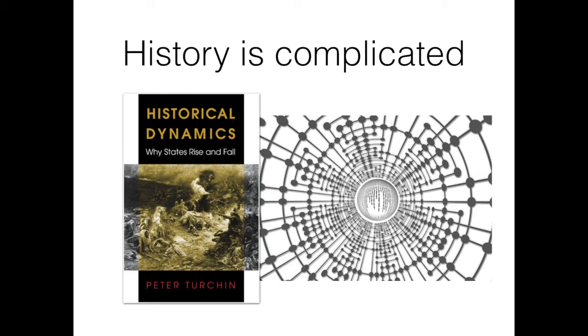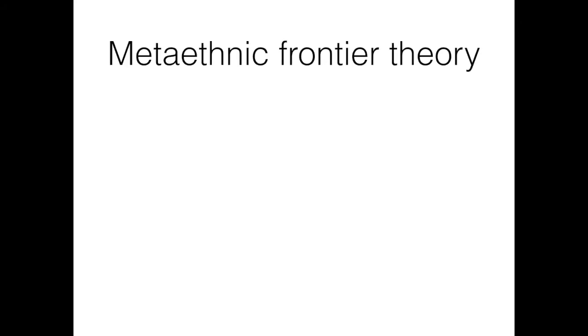I'm going to tackle one particular theory of the rise and fall of empires, what is called metaethnic frontier theory. This comes from the ecologist turned historian Peter Turchin in his 2003 book, Historical Dynamics. He attempts to explain some of these historical cycles using what he calls the metaethnic frontier model, which develops the idea that empires foster a superordinate or metaethnic identity among their citizens. The theory is actually an extension of one developed by the 14th century Arab scholar Ibn Khaldun.